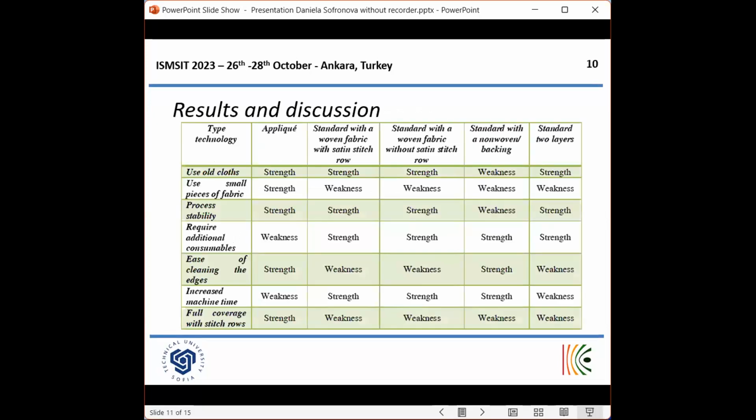The possibility of the patches to be made of old recycled clothing or textile, and the possibility to use small pieces of fabric with different macrostructure, woven, knitted, or non-woven, and the stability of the embroidery process, the necessity to use additional consumables, and the ease of cleaning the edges of the embroidery patches, the machine time, and the possibility to obtain full coverage with stitch rows. And here you could see